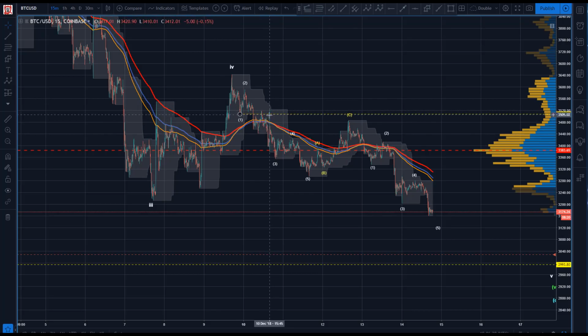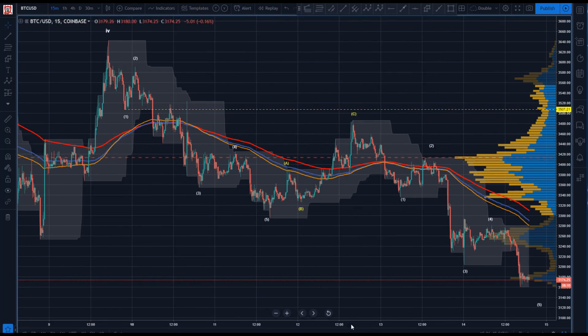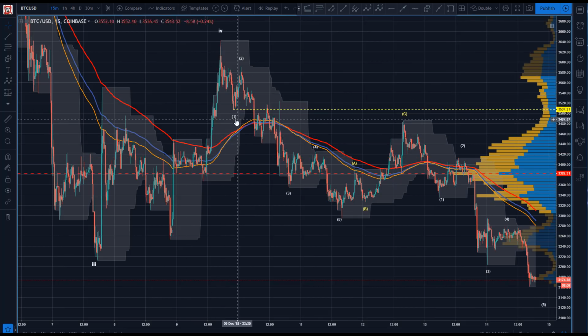We had some sort of a spike action here. So it creates a bit of a problem. The question is, what do you do with it? Well, it would change the count pretty substantially. So if this is our 1